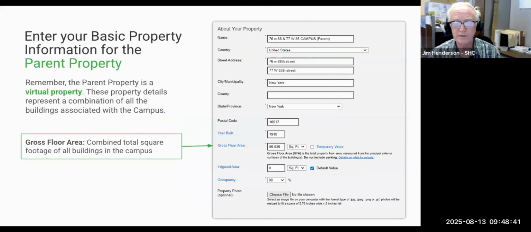Then you add the basic information for the parent property in the About Your Property window. So you add any name that helps you to identify the campus. We recommend adding the complete address and maybe putting parent after that to help you identify it later. When you add the gross floor area, remember that this is the combined square footage of all of the buildings on the campus. And then you complete the remaining fields,